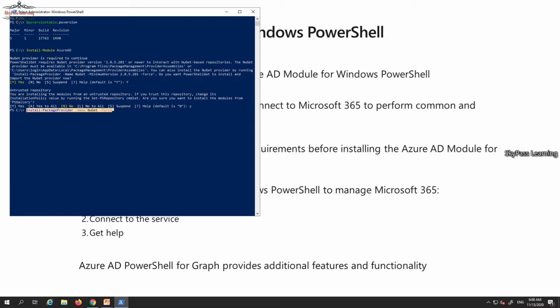I will copy all these commands into my description box also. So it's only required when you are getting an error message at this prompt.